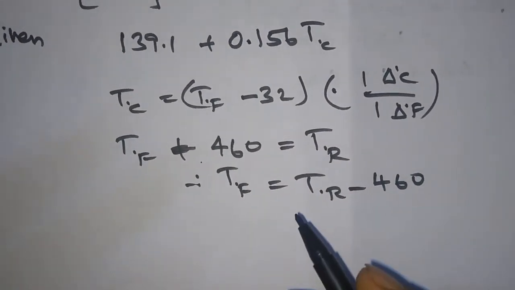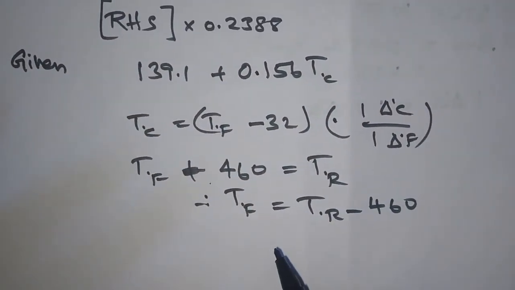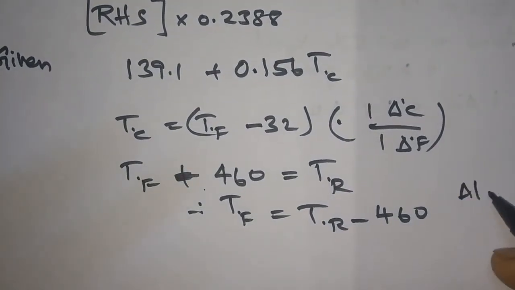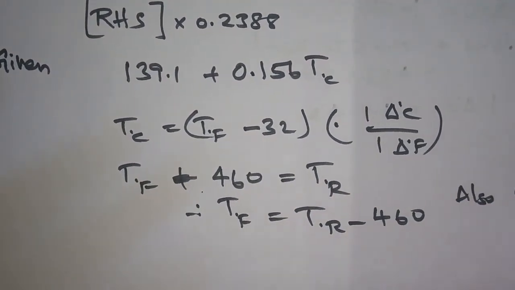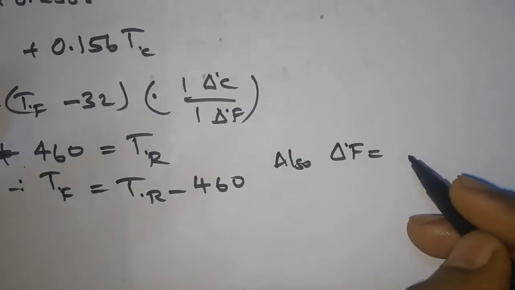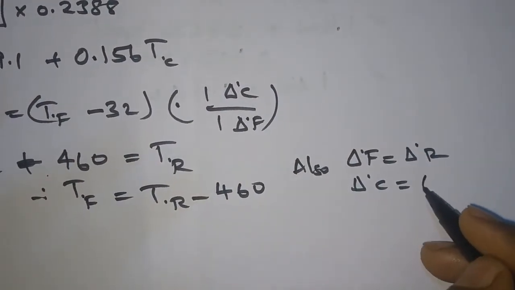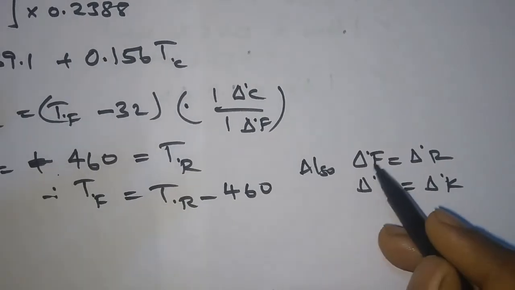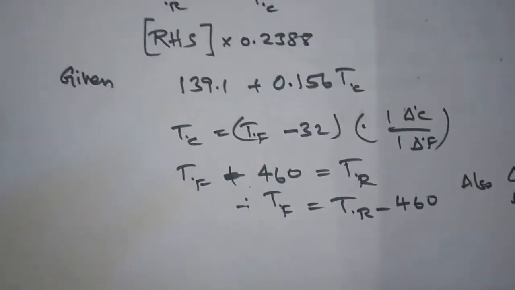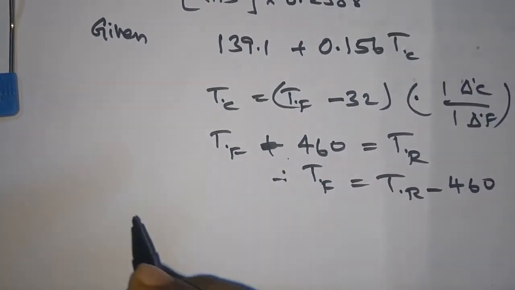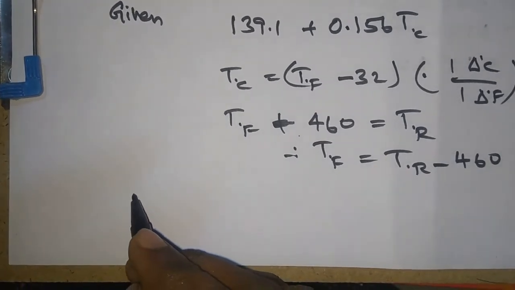We are taking this to the right hand side. Also, we know that delta degree Fahrenheit is equal to delta degree Rankine, and delta degree Celsius to delta degree Kelvin, because they are in the same scale. So using this, what we can do, we can write